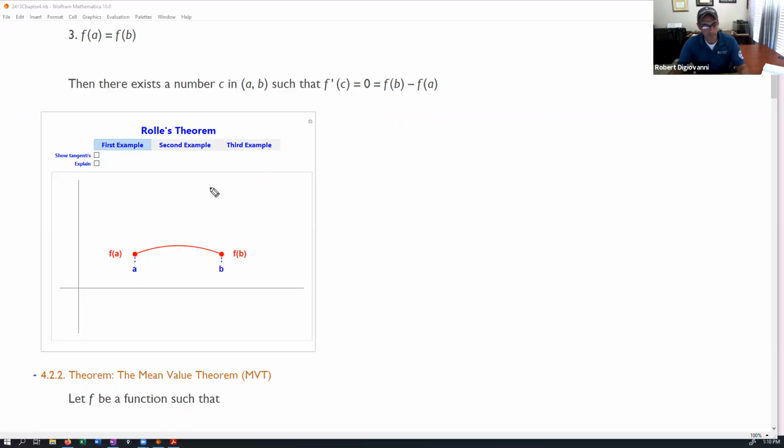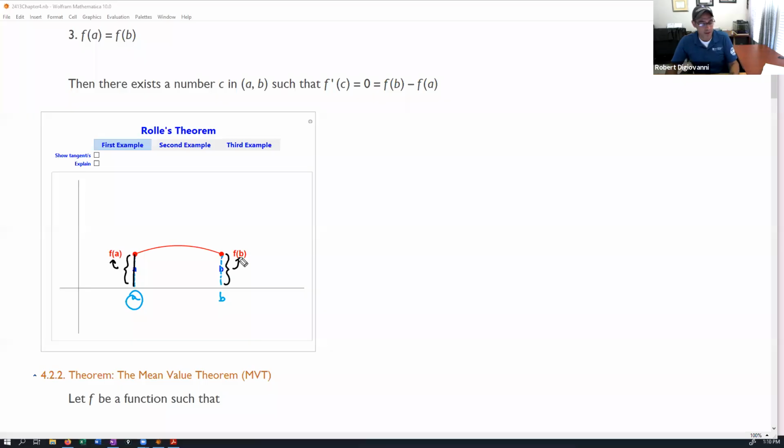Okay, try it again. So let's say we have a function that starts at A, ends at B, and that function is continuous. So it's continuous on a closed interval, meaning we can draw it without picking up our pencil. If I tell you that the height of the function at A, how high this is, that's actually f of A, is the exact same height as at the end, so where it starts and ends have the same height,